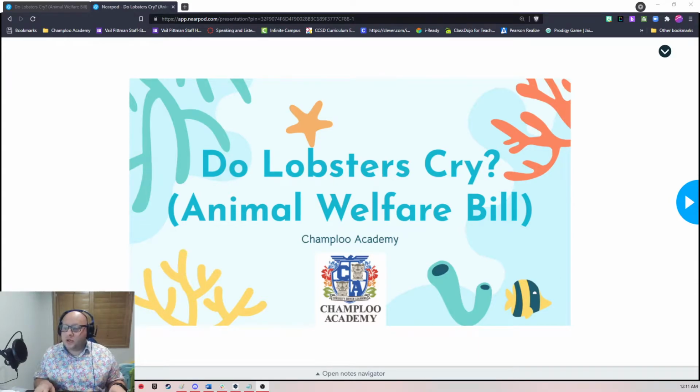So let me walk through this with you. When you first open the link, you're going to have a login screen. I recommend logging in with your Gmail because that way every time you log out and you log back in, it'll have your data saved. If you just press the arrow on the side here and skip that, you can do that and just put your name in, but it won't save your data. And if you don't put your name and you don't have your data, I don't know who you are to